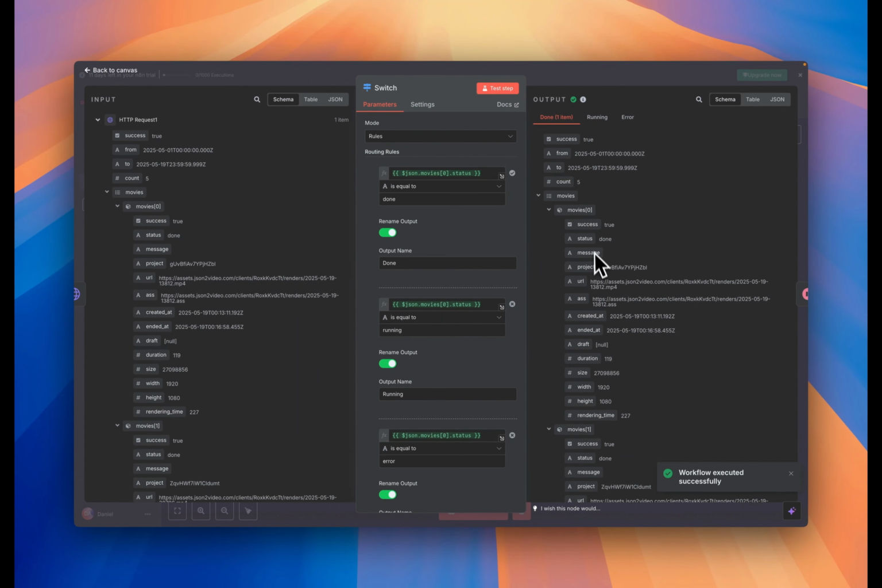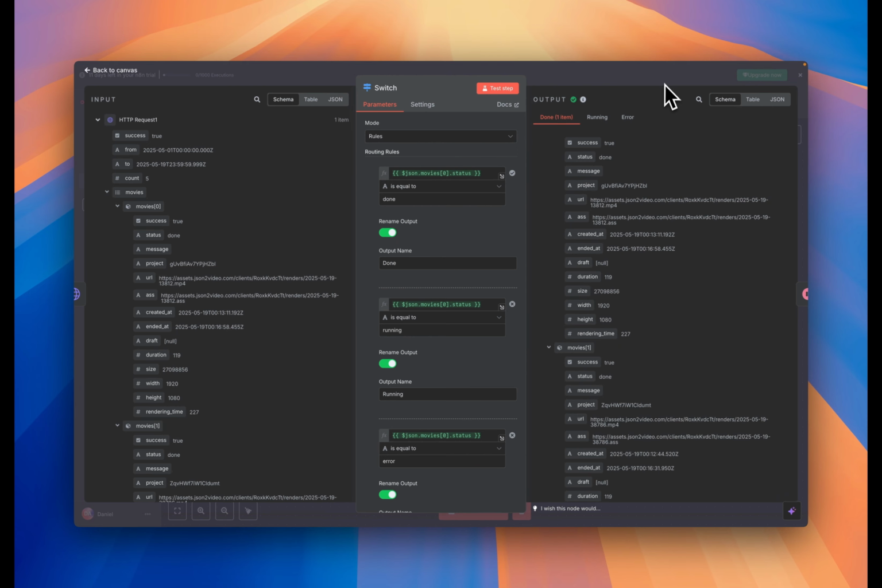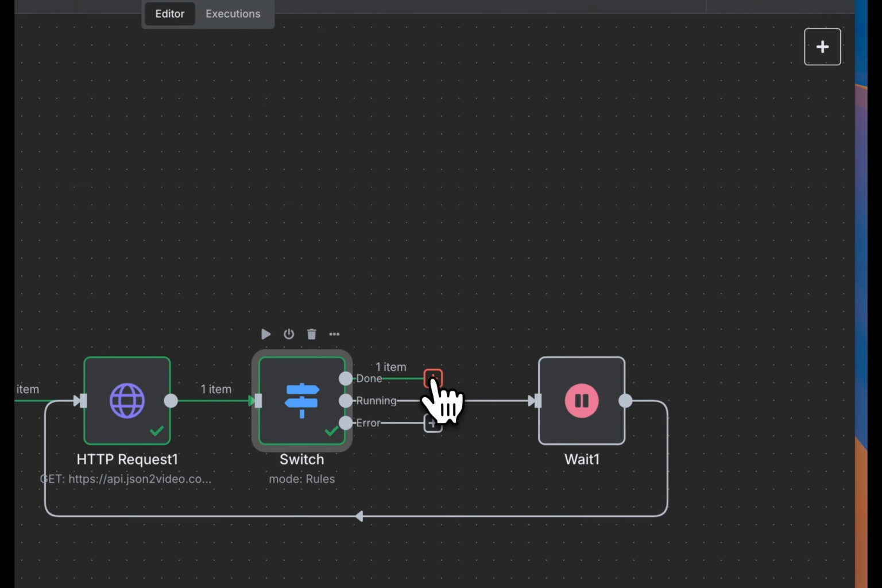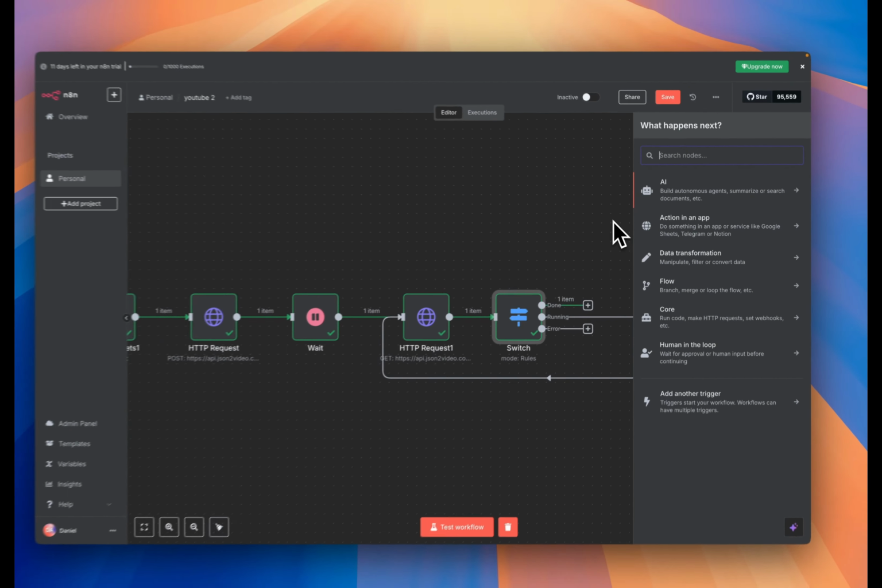Okay, status equals done. You can see right here. Status equals done for this. Status equals done for this. So it's no longer running. So if status equals done, it should do another function, which is